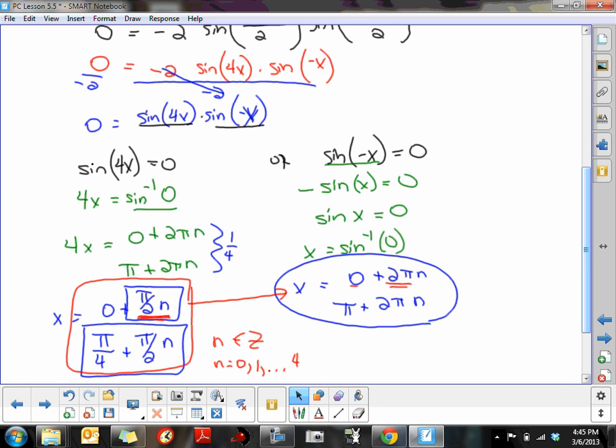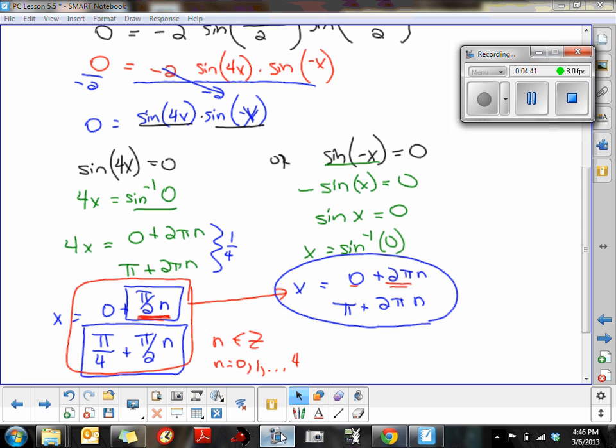Okay, so quite an extensive lesson here. We had several different examples on different identities. We had double angle identities, half angle identities, sum to product, and product to sum, and power reducing. So quite an extensive lesson. Keep working on those the best that you can. Ask questions you have in class, and we'll try to take care